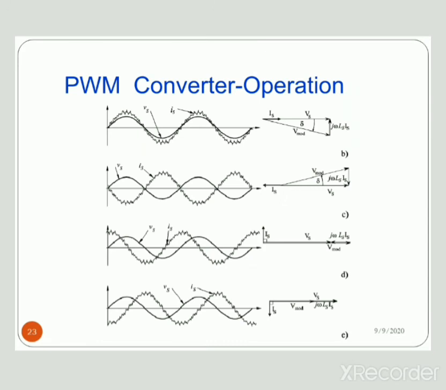So PWM converter operation is presented by these waveforms. Suppose in the first case harmonics are available, at that time this gives our output and the triangle is generated there. Then suppose initially it is smooth, but after that harmonics are also created, then according to the rotation system of the blades, this PWM converter is operated and it is indicated by using those particular waveforms. So just 1, 2, 3 and 4 are all stages.